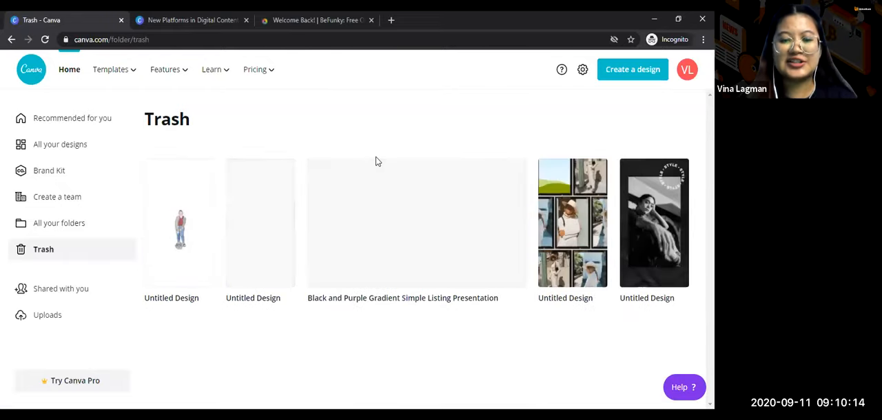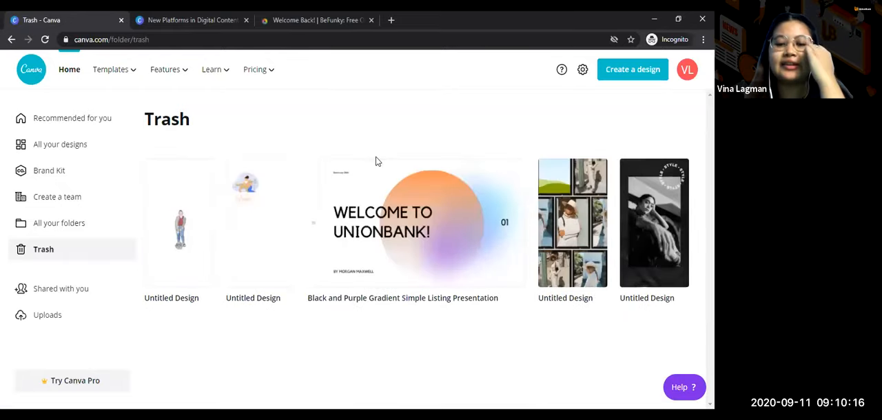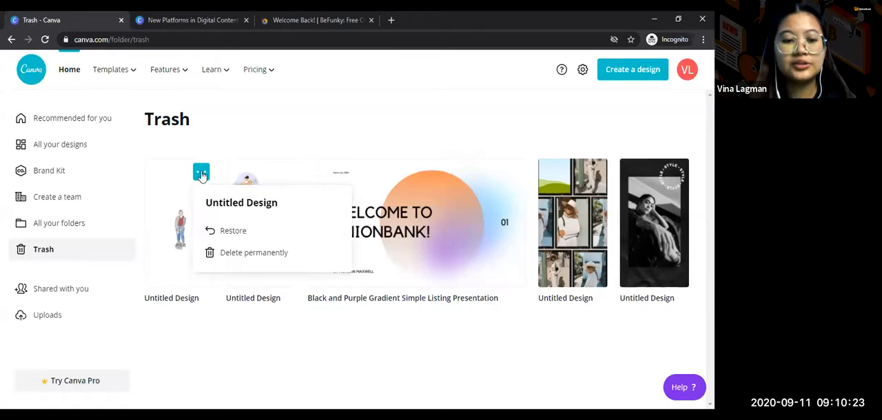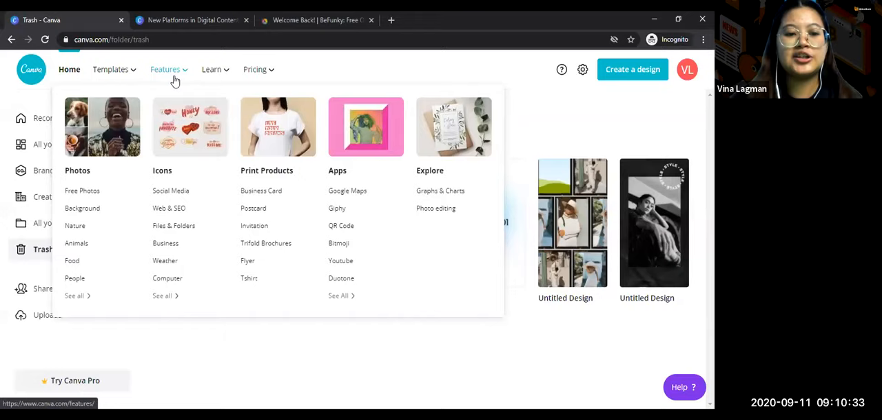Ayan. So for the trash, let's say, no, accidentally may na-delete tayo. So pwede natin siyang balikan and then ititik lang natin yung tatlong dot, and restore lang natin siya. Ayan. So pwede pa naman siyang mabalik unless na-delete permanently niya na siya. So yeah. And then for the features, actually may mga available photos, icons, print products, apps, and explore na pwede